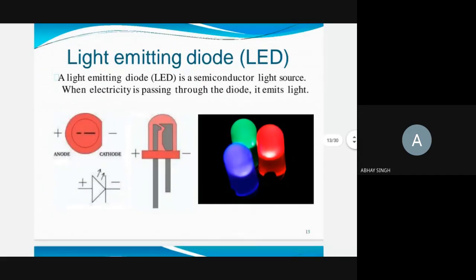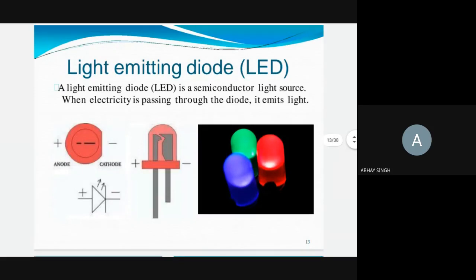Now, a special type of diode is called an LED. We'll discuss this also; I think we have studied LEDs, what happens and how the light comes. One question I want to ask you: how do we decide whether red light, green light, or blue light should come from the LED? How do we design that?